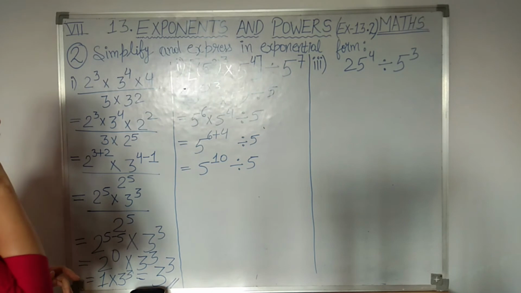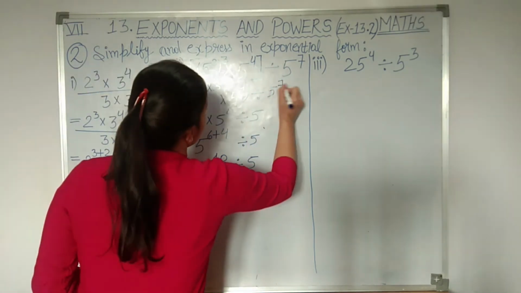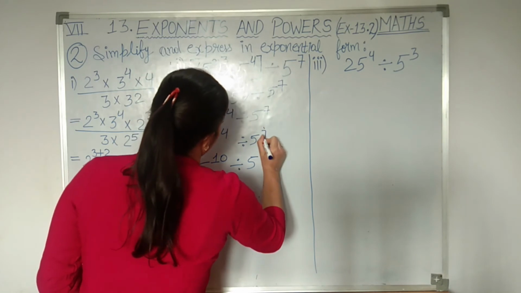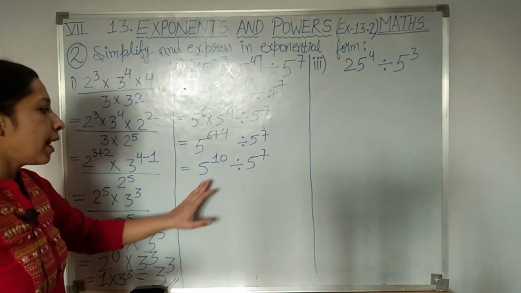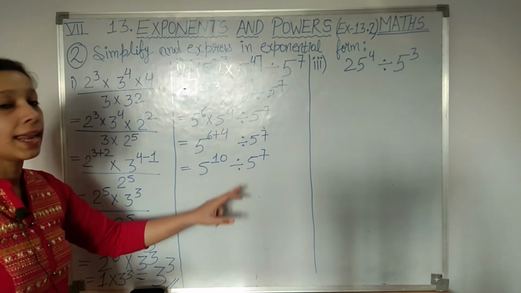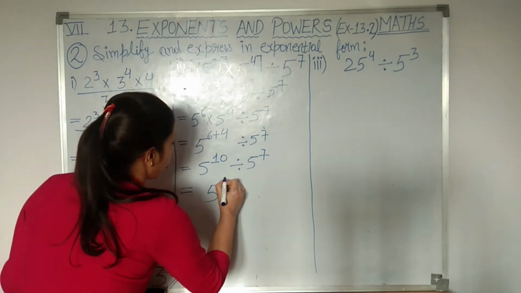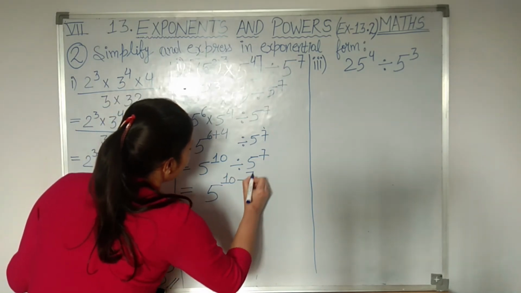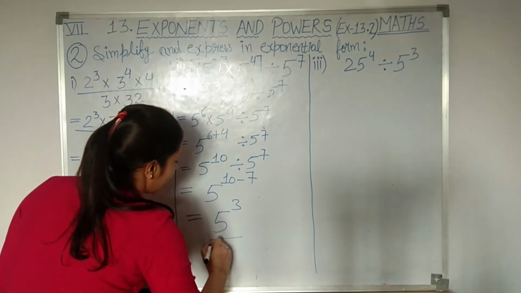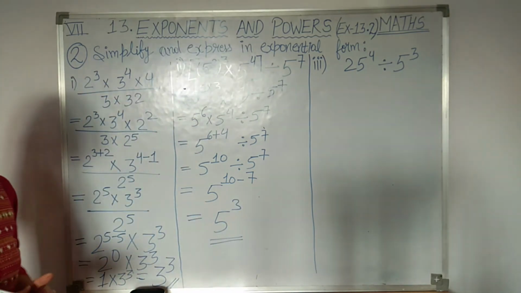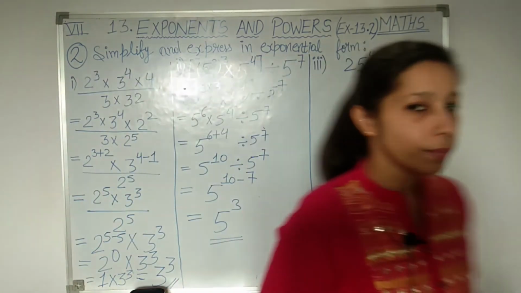Okay, let me see once. 2 3s are 6, then 5 raised to, yeah, here 7 is also there. I forgot to write 7. Okay, now students, it is in which form? It is in a raised to the power m divided by a raised to the power n. So if the bases are same, we are going to take it as common, and exponents we are going to subtract. So what will be our final answer, students? The final answer is 5 raised to the power 3. Okay, note it down. Then we'll see the third point.